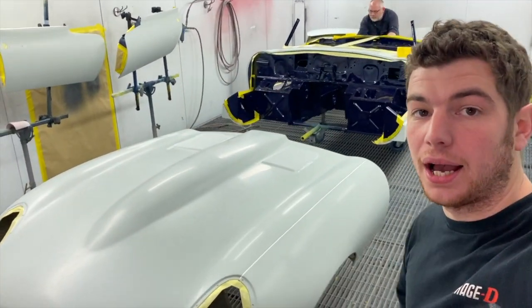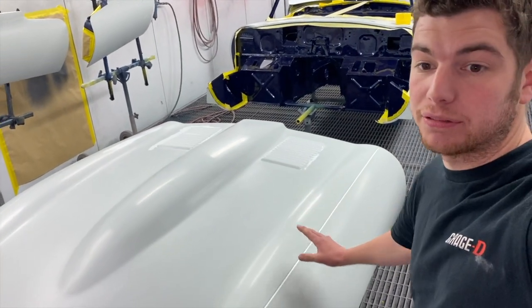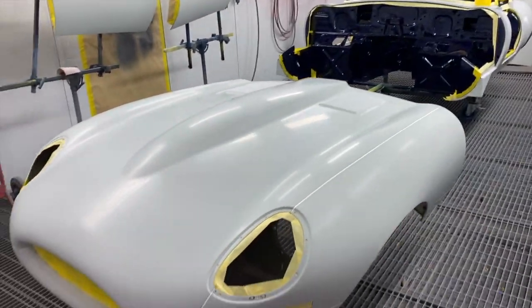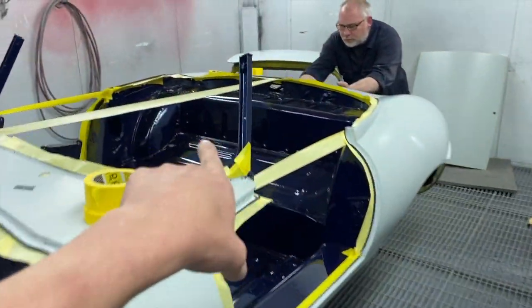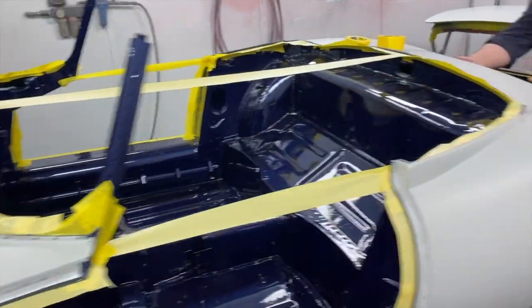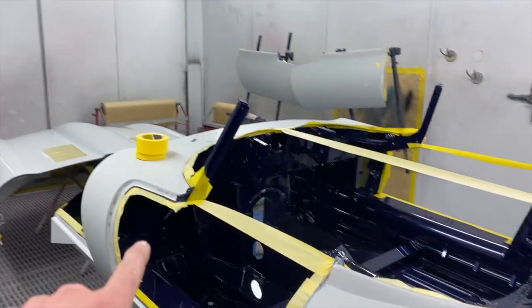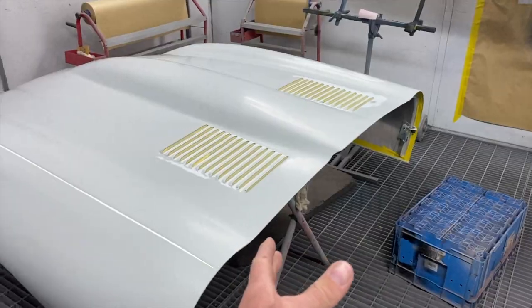Okay, so we have got everything for the E-Type all wet flatted now through to 1200. And we've got it in the booth, as you can see, and we've just started masking everything up. So we've done all the edges, the panels are masked, and you see we've done the edges here, and then we're going to paper over all of that. And the panels, like I said, are already done, the backs of the panels, and I'll rearrange those. Once we've got the car masked up, we'll rearrange and put the panels down this end where Adi is. We'll slide the car forward a little bit up to the bonnet so we can paint it all at the